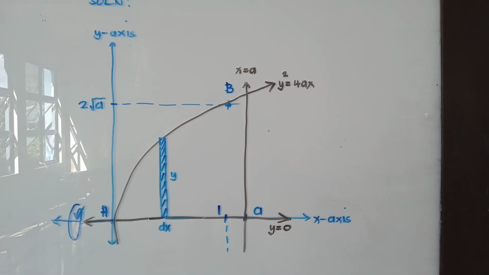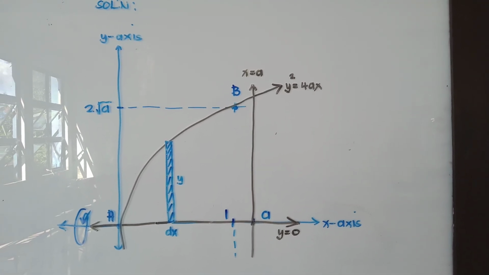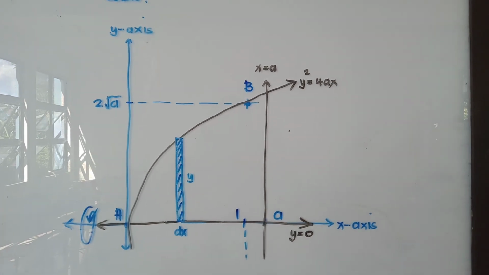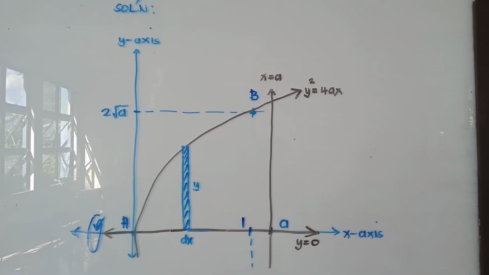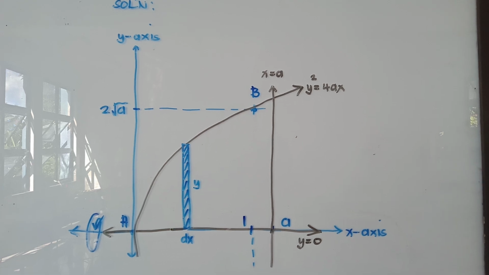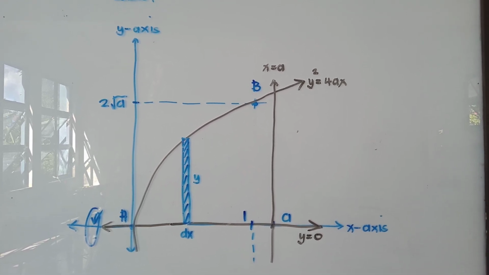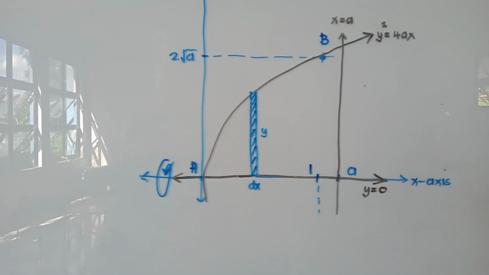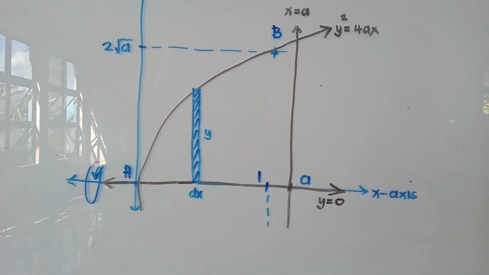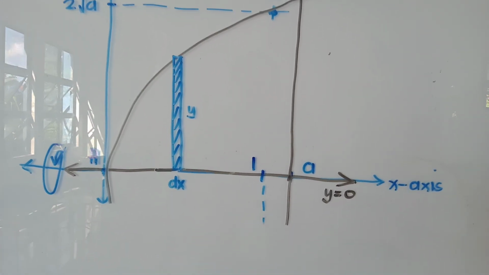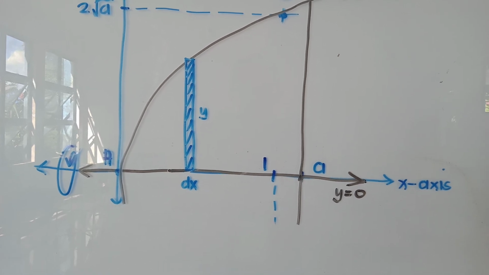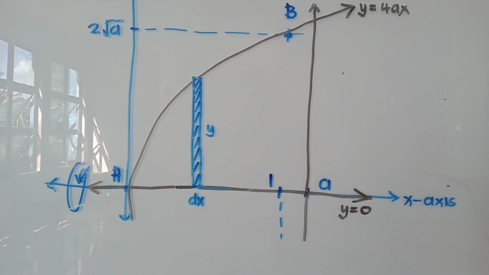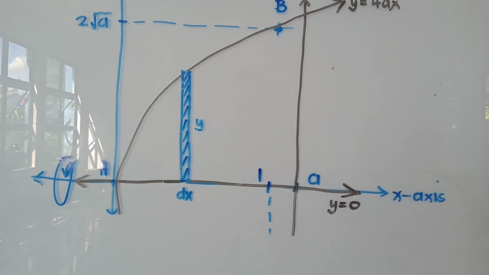Alright, since everything about the x-axis is positive, about the first quadrant is positive, then we select that area under quadrant number 1 as the area to be revolved about y is equal to 0, or the x-axis. Since one of the boundaries is our axis of revolution, then we can use the circular disc method.